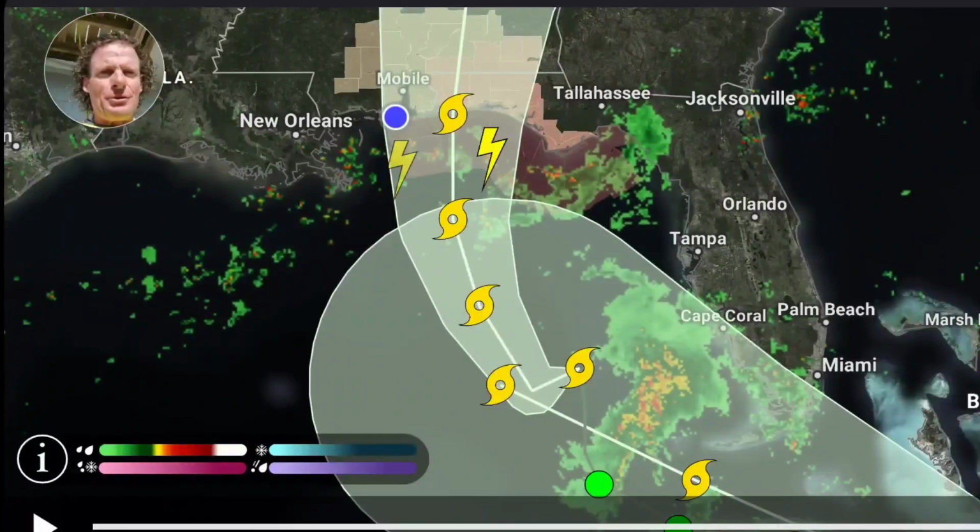I only bring this up as you see two cones. Does anyone know, can anybody answer the question? This is a poll question. Last year, we had a point in time where we had two storms in the Gulf. These two are Fred and Grace. What are the names of the two last year that went towards Texas? Anyway, interesting scenario, but you can see that the track of Fred, which is the upper storm, shifted back to